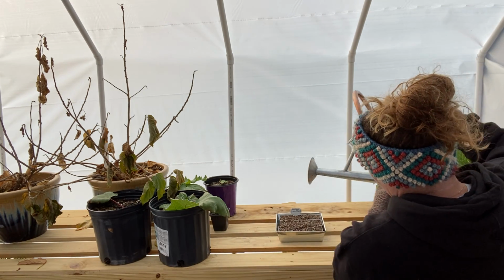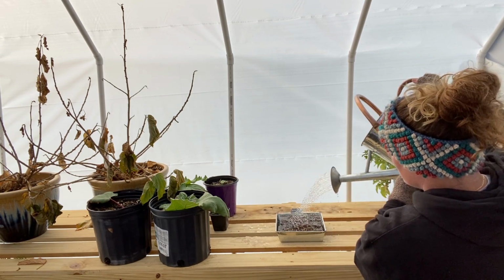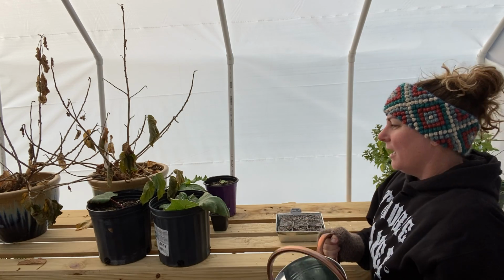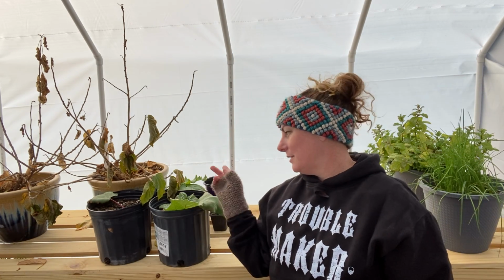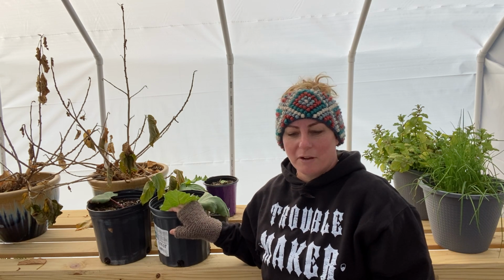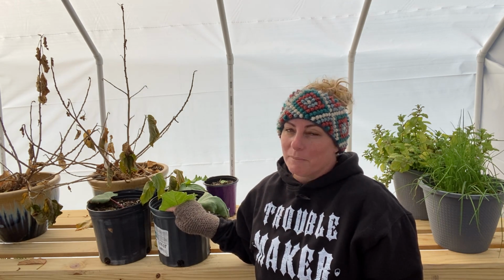And I went and got some rainwater from the rain barrel, and I'm gonna give this a little lovely drink. The other thing I need to give a drink, this is rhubarb. And I have grown rhubarb before in Raleigh, North Carolina. Everyone says you can't do it, but you can. I recommend planting it on the north side of your house because